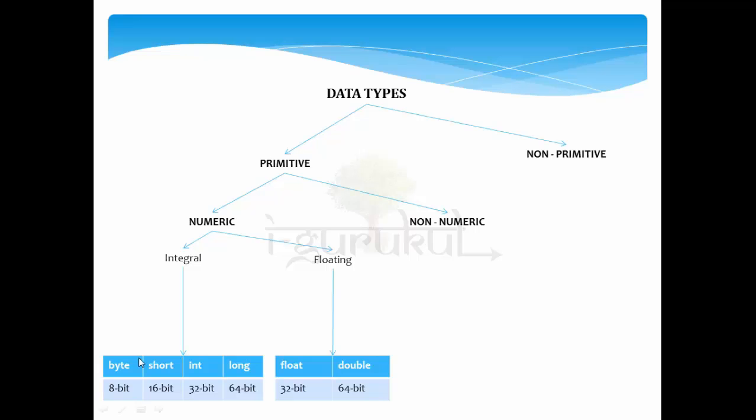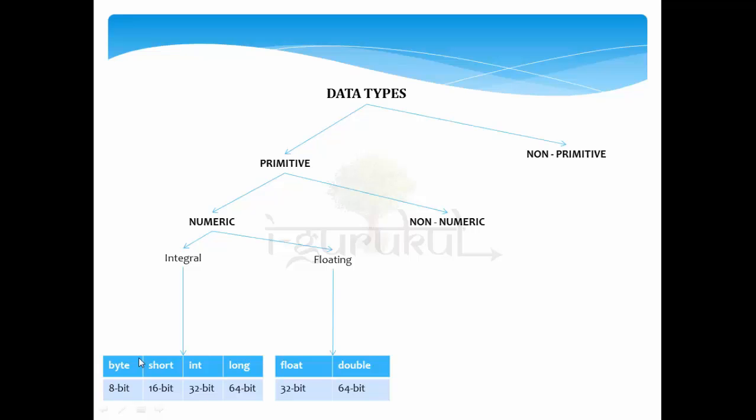For better utilization of memory, we have categorized the data types into different categories. Like, what if I had to store only marks? Suppose there are a number of students in a school and the teacher needs to store their marks. Why would they store them in a long or a floating point data type? It would consume much larger space than a byte.